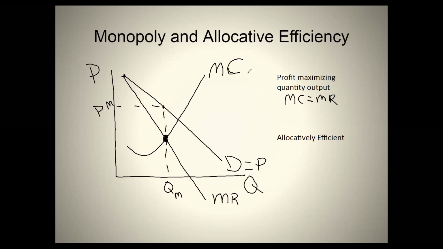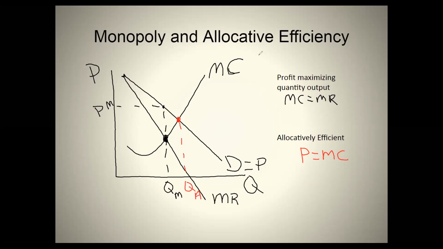We know what allocative efficiency is. Allocative efficiency is price is equal to marginal cost, meaning that the willingness of the buyer on that last unit matches the marginal cost of producing that last unit. It's right here. Okay. So we can see that if this firm, this monopolist, had been allocatively efficient, they would have been producing